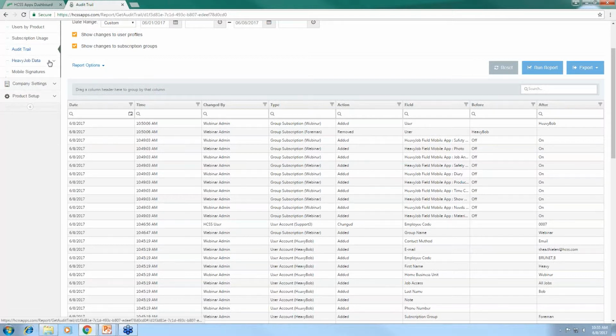Okay. Moving on to Heavy Job Data, which is a drop-down, we have 3 different items which a lot of our support guys and a number of our customers use very frequently, which is called event data, job data, and library data. Event data, to summarize, is a great way to be able to see what kind of transactions have been coming in. So if, for example, we're going to go to event data right now,